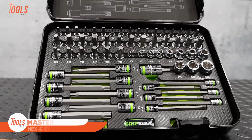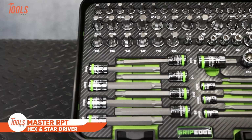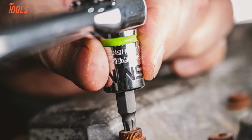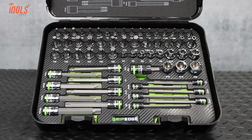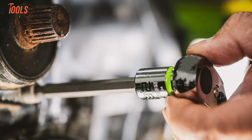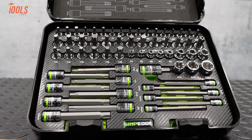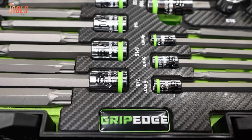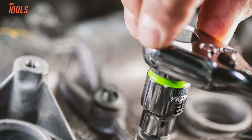Now let's talk about an all-in-one tool, the Master RPT Hex and Star Driver, which is a multifunctional driver specifically designed to handle an array of repair, maintenance, and DIY projects. Its versatility comes from a range of interchangeable driver bits that cover both hex and star shapes. Apparently, it enables it to accommodate various screw and bolt types. Here's how it works. First, identify the type of screw or bolt you're dealing with. Next, select either the hex or star bit from the tool's set, attach it to the handle, and position it